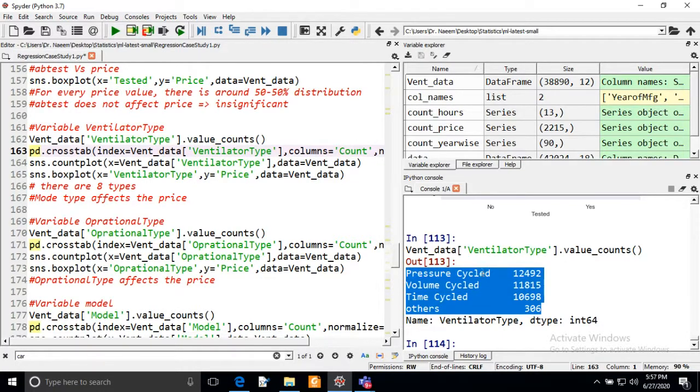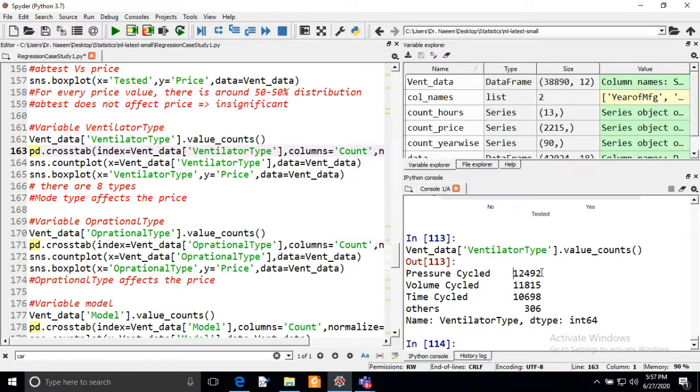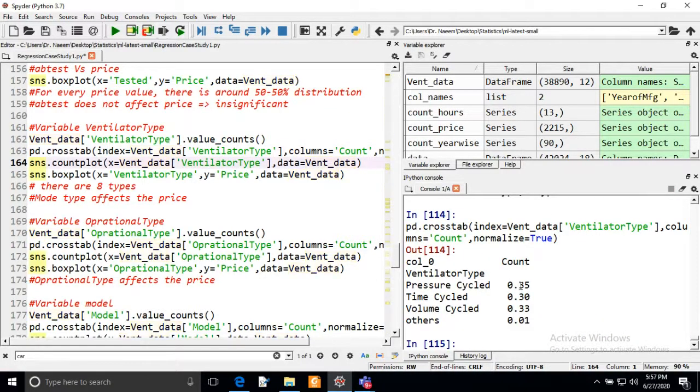Mostly they are pressure cycled ventilators, which is the most frequent category. We can also see the contribution of each category in this column. 35% are pressure cycled, 30% are time cycled, and 33% are volume cycled.